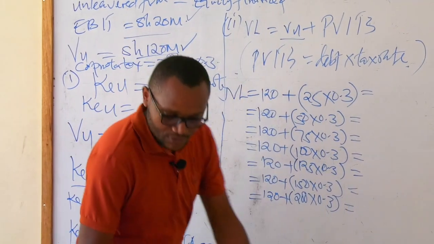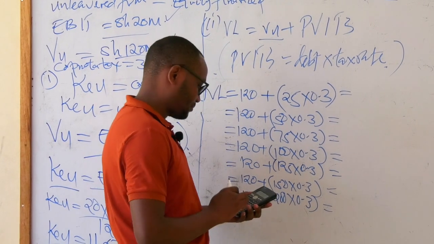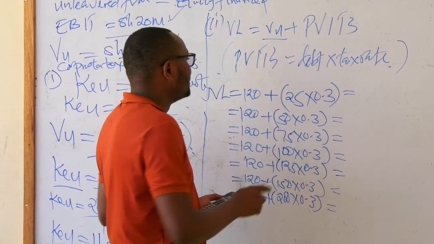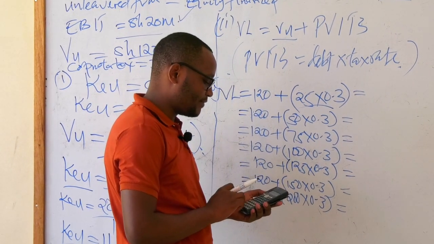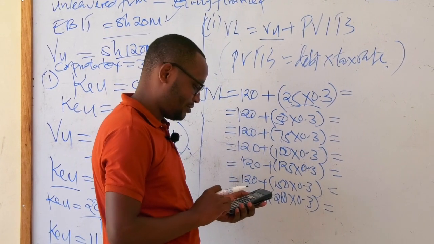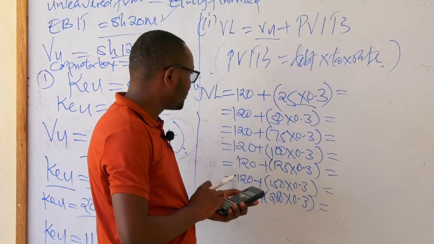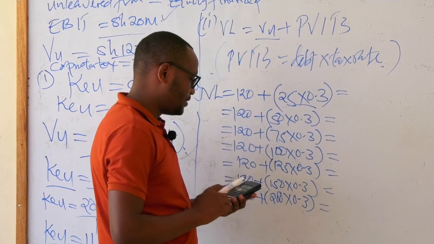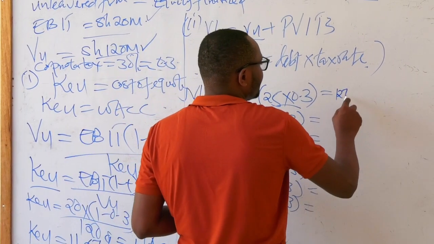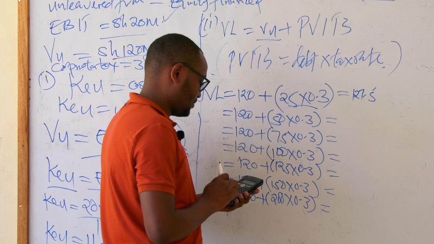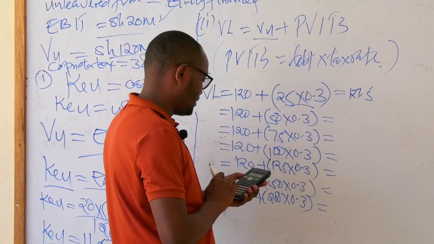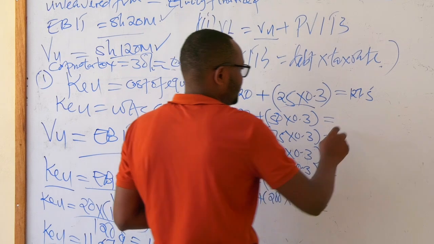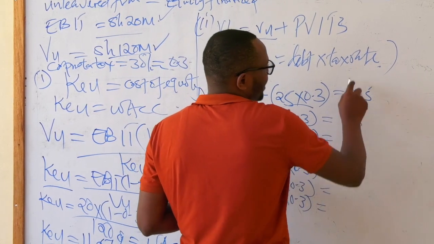Now we can compute using a calculator. We start with the first one. You can start with the brackets. This is basics; we have learned these things in high school, even at primary level. Plus 120, so this one you get 127.5. The other one is 50 times 0.3 plus 120, which is 135. These are in millions.